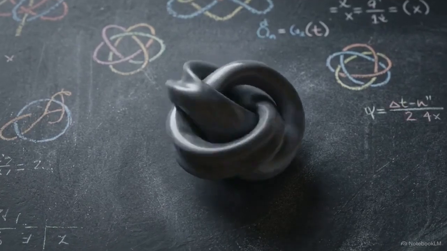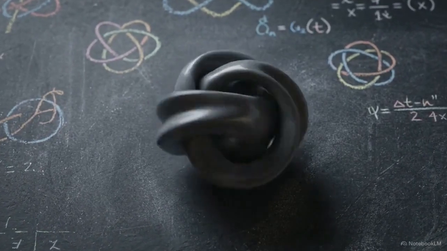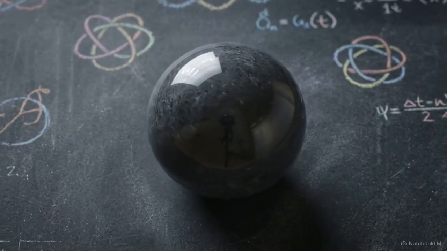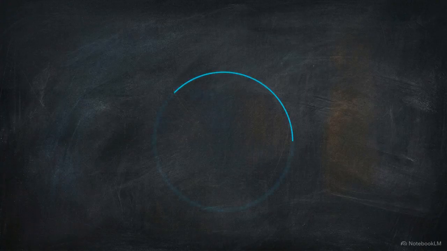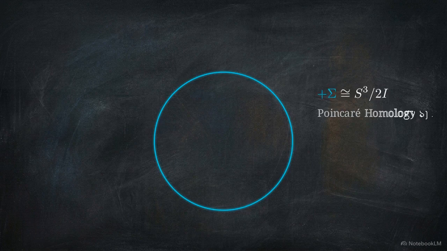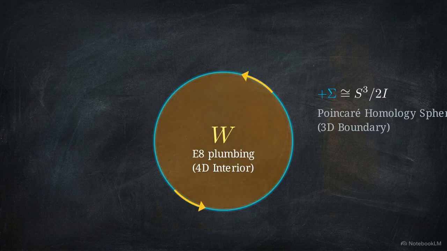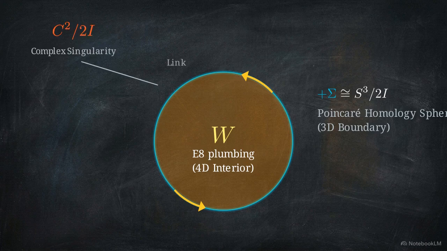In topology, the deep interior of a mathematical space often acts as a mirror for the fine-gauge anomalies of its outer boundary. Consider the Poincaré homology sphere, denoted plus sigma, or S3 modulo 2i. This compact three-dimensional boundary encloses a highly symmetric four-dimensional interior, the canonical E8 plumbing, W. This boundary carries a specific quotient orientation, inherited as the link of the minimal resolution of the complex singularity C2